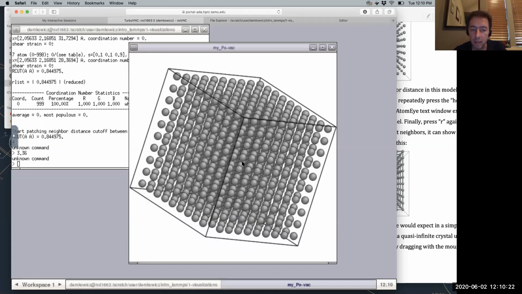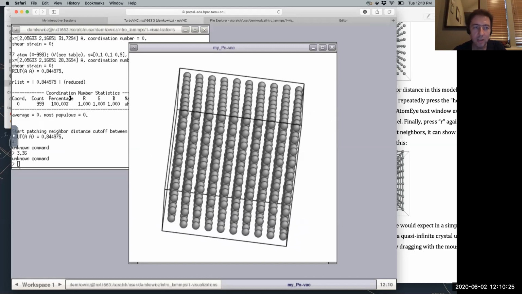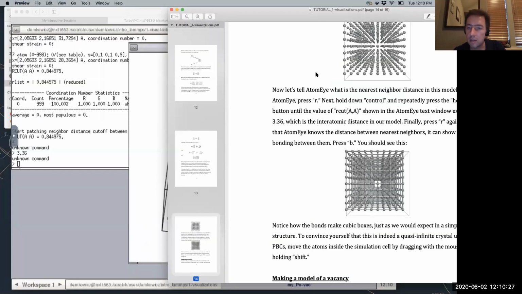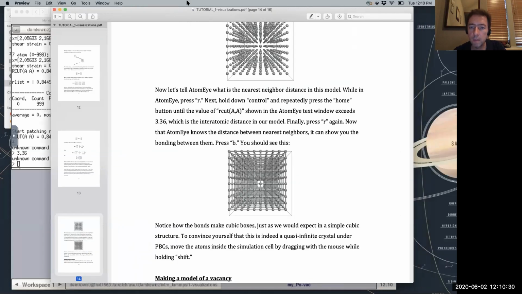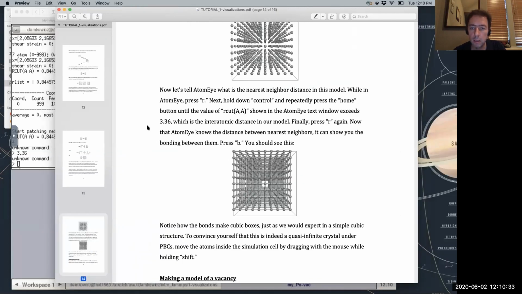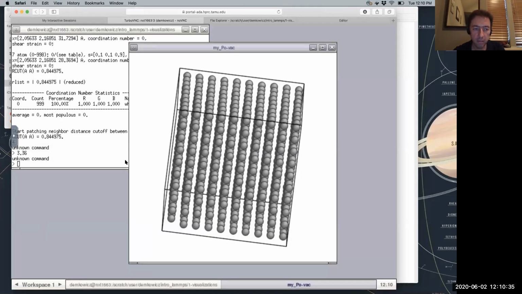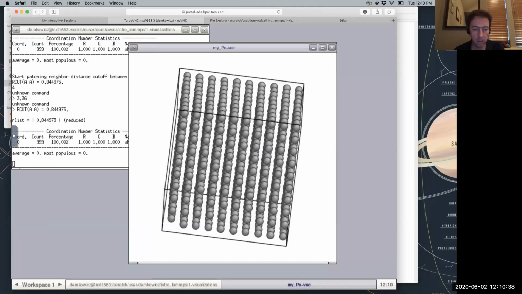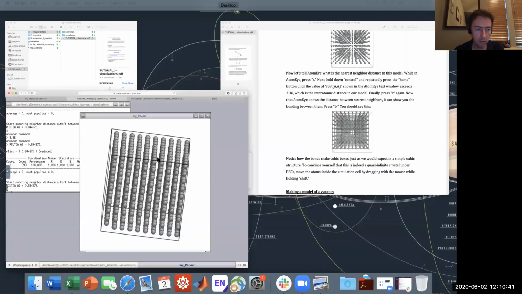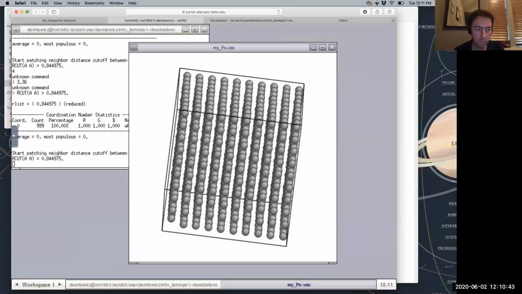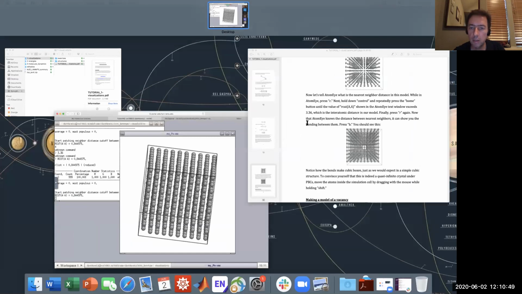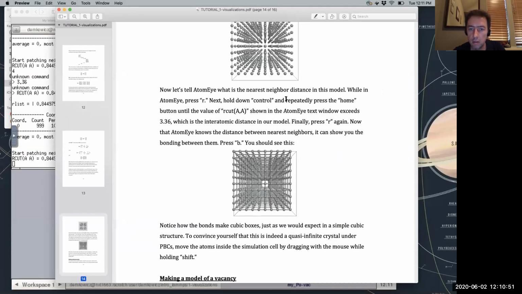Well, I might not be able to show you how to do the nearest neighbor coloring if I can't change the nearest neighbor distance. Okay, let's do this. I'm going to press R, and then here I say control home. It's not letting me do it.